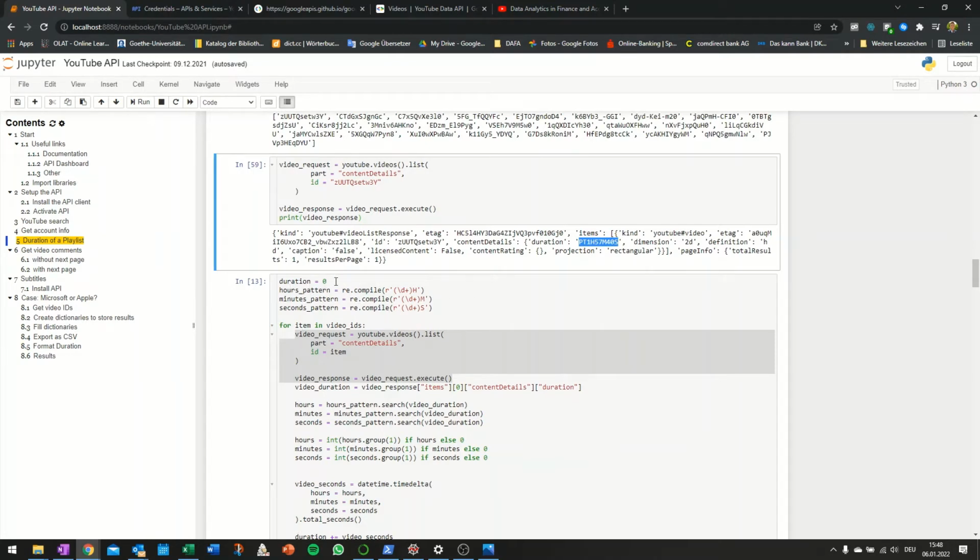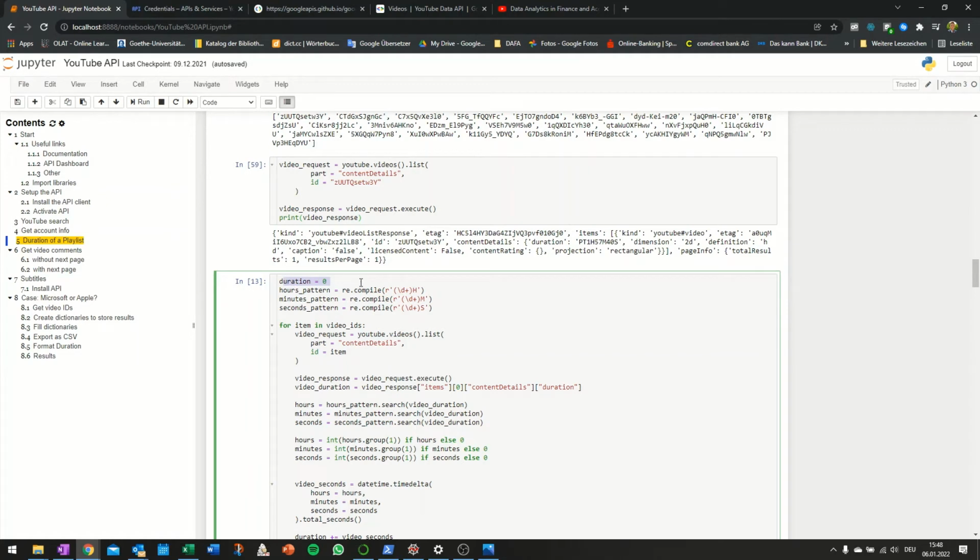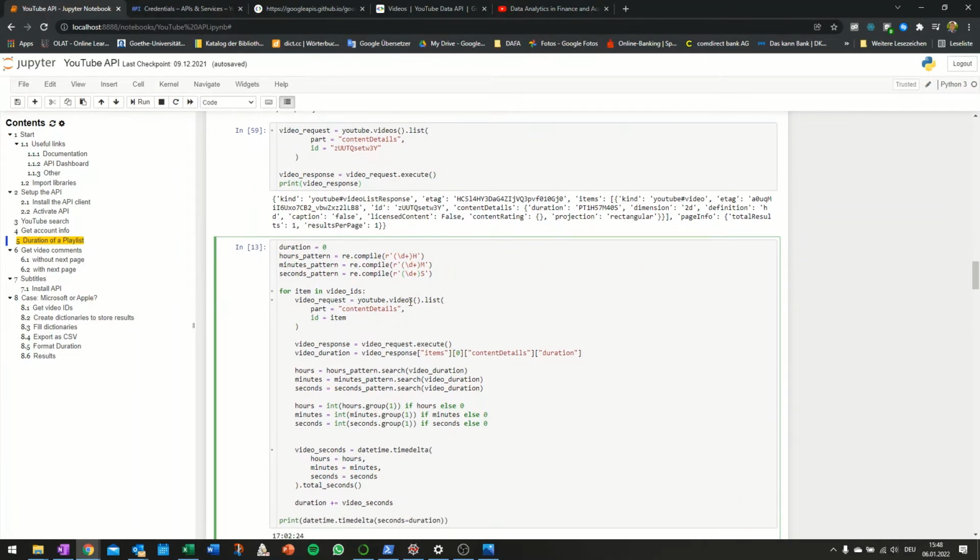So first I set the total duration to 0. And then I defined the hours pattern. I want every number before the H as the hours, every number before the M as the minutes pattern, and every number before the S as the seconds pattern. And then I run this for every